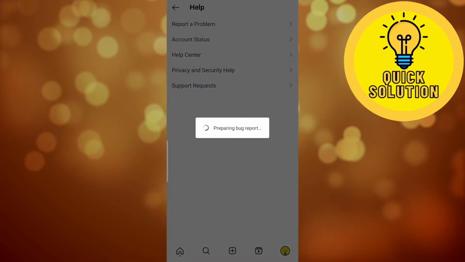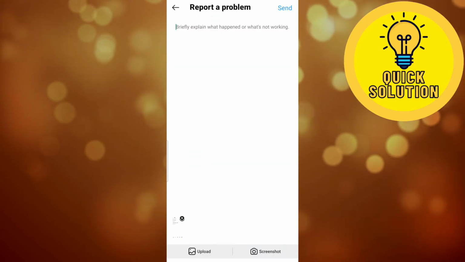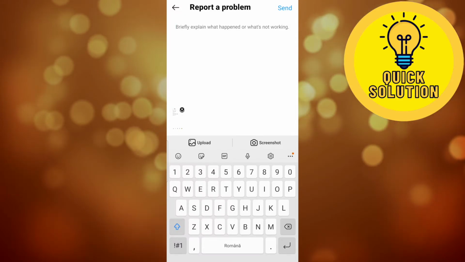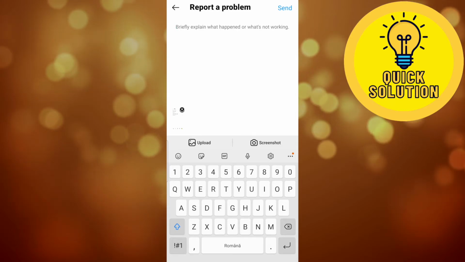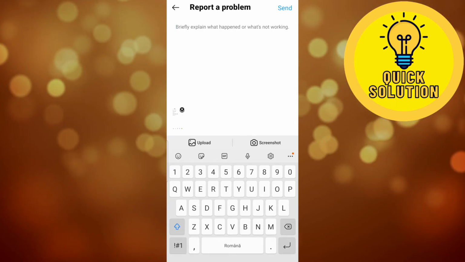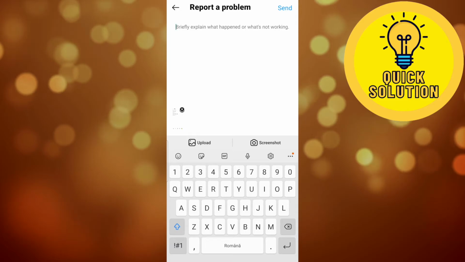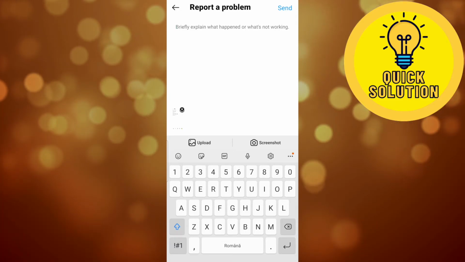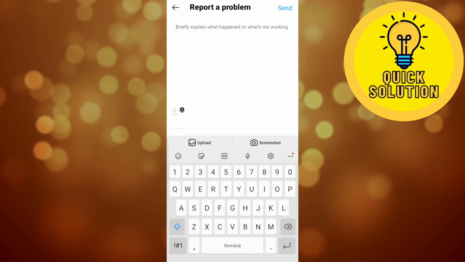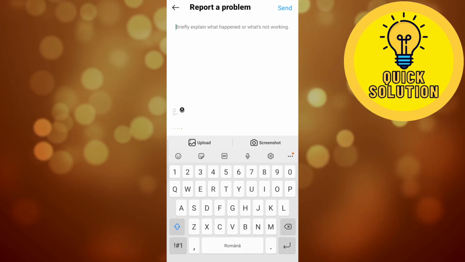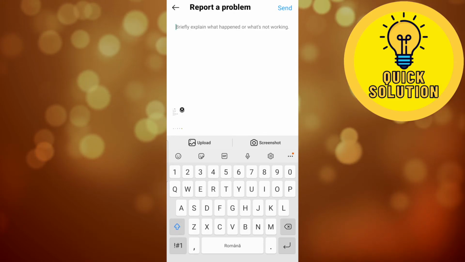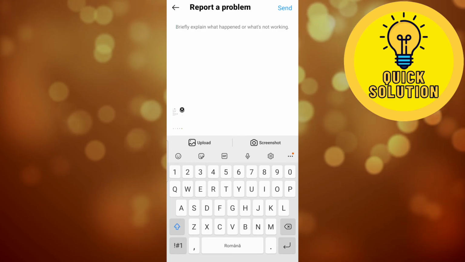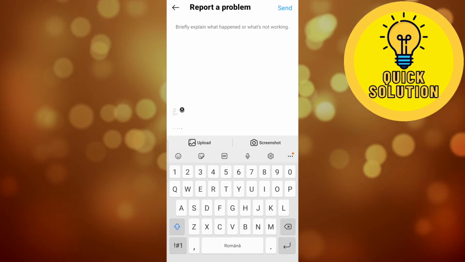So we can just go forward and send a direct message to Instagram, and we can ask them to update the application and make an option possible that you can see who viewed your profile. So if they have many requests regarding this issue, they may add this option where you can see who viewed